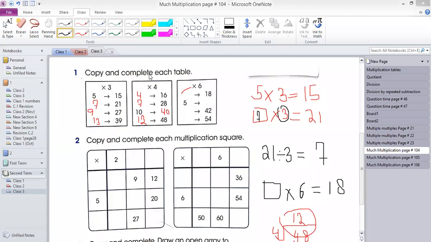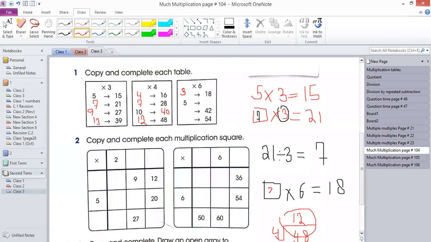Very good. Muhammad Al-Harbi, Ammar, Muhammad Farooq, Ahmad, Amjad, Adam Khalid. Very good. I'll take one student. Muhammad Farooq. Yes. Which number multiplied by 6 is equal to 18? 3. Very good. 3 multiplied by 6 is equal to 18.